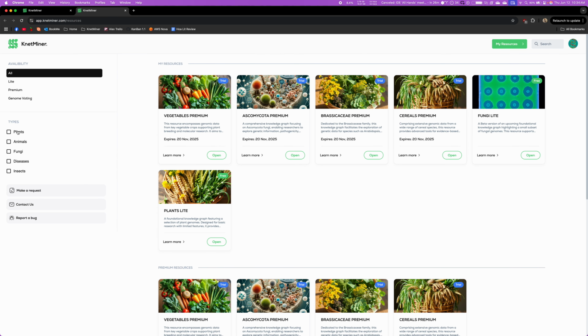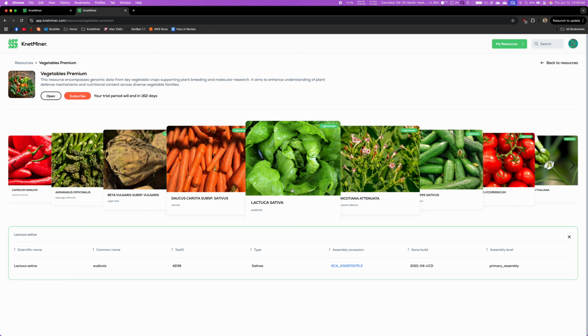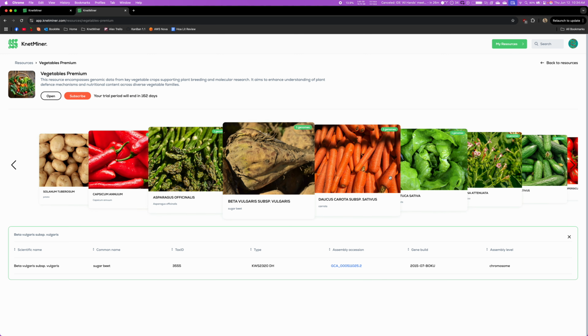There are also filters along the left, and if you ever find something like a bug or have a question, please use one of these buttons to get through to us. If you're interested in looking into a specific resource or you want to understand more about one, click on the Learn More button,